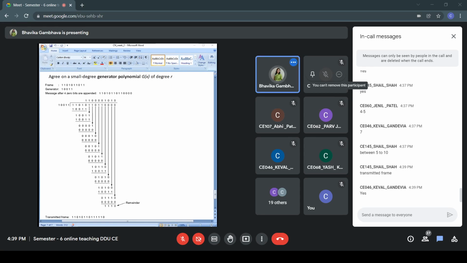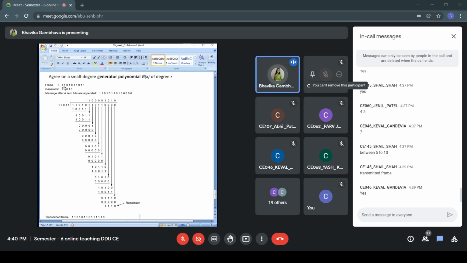So can we say you will take from the user first the message or data which you are supposed to send, or frame. In this example, it is called a frame. You will take frame from the user. Then you will take key or generator from the user. Then you will count number of characters in the string.